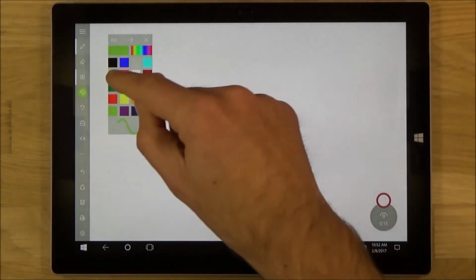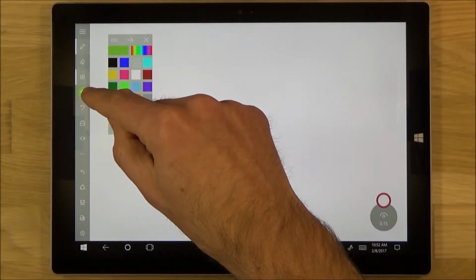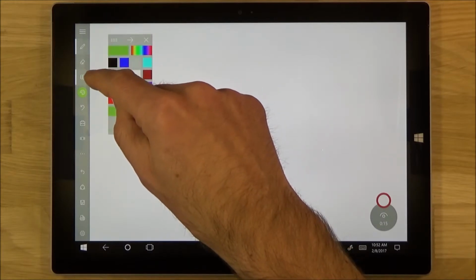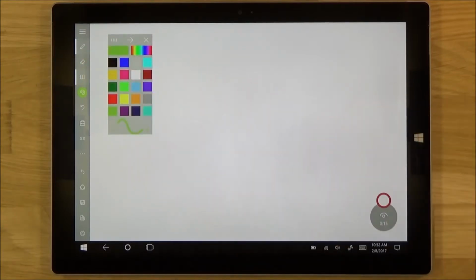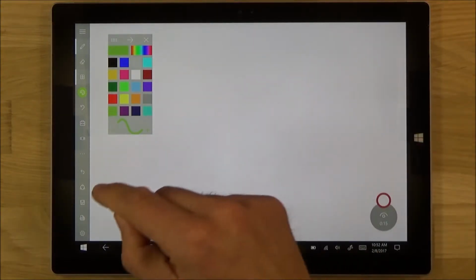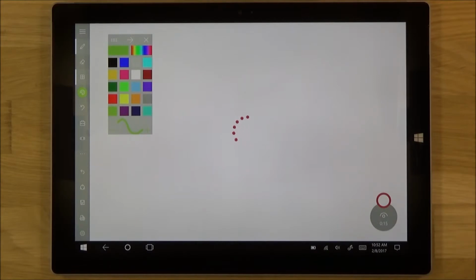As an example, we don't want to see the drawing palette button. We want to move the toggle visibility button to the top, and we want to add the redo button. For that we go to the settings,